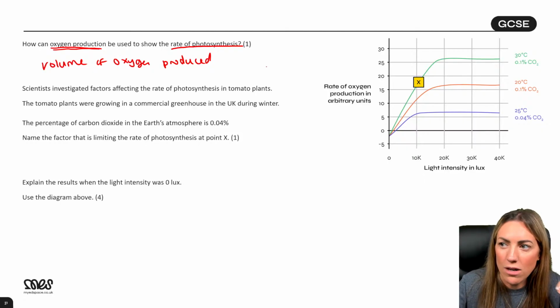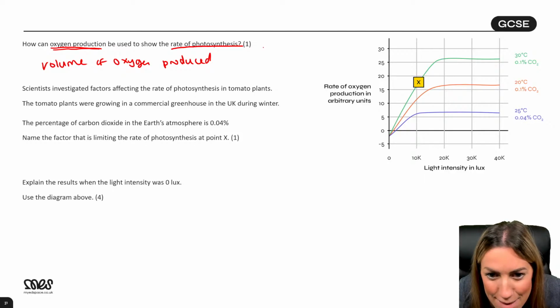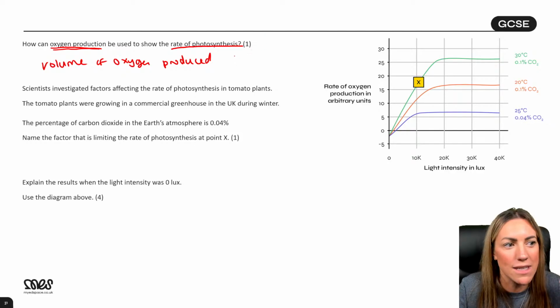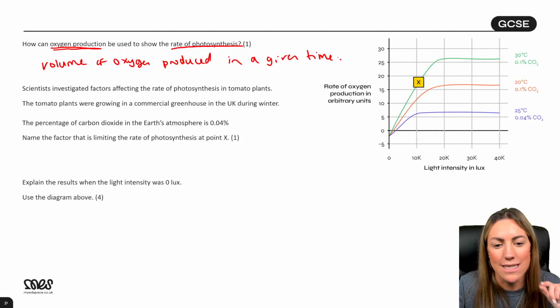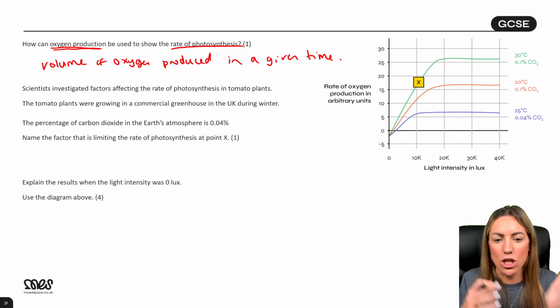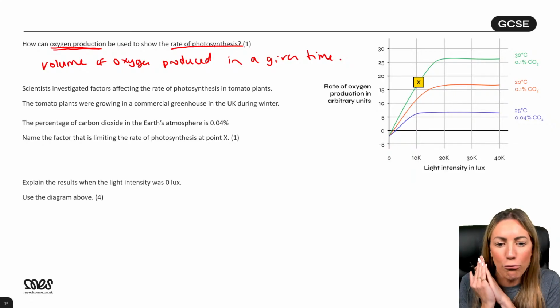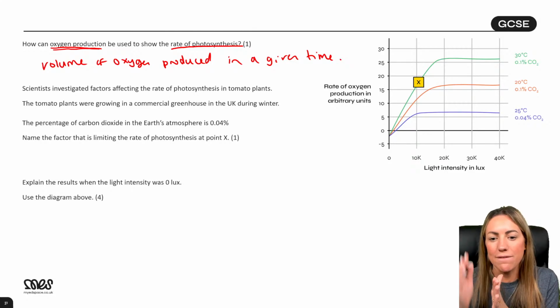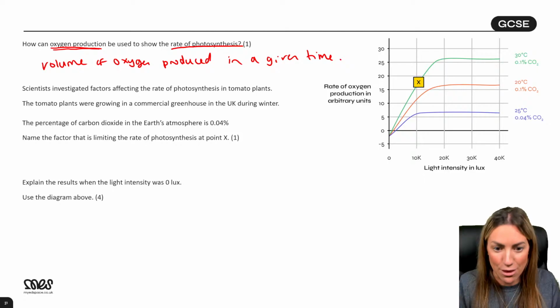So if we do the volume of oxygen produced, oh, Vivian, is it Viv? The chat is moving so fast. Vivian, well done. I was going to just ask, how would you get a rate? Now, rate means in a given time. So you'd have to do the volume of oxygen produced in a set time, like 20 centimeters cubed per hour, and then you could work it out per minute. But if you see anything about rate, you have to measure it in a given time. Yeah, because then you do the volume divided by the time to get the rate.